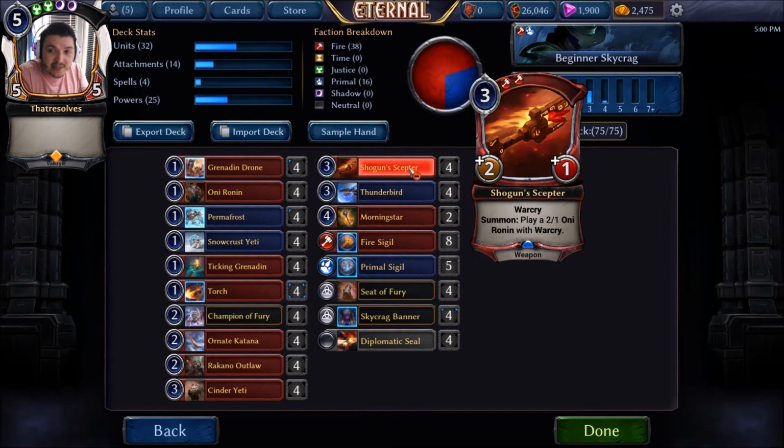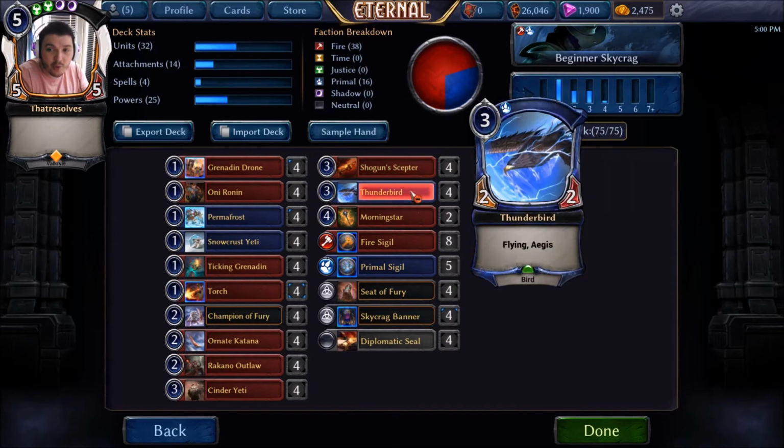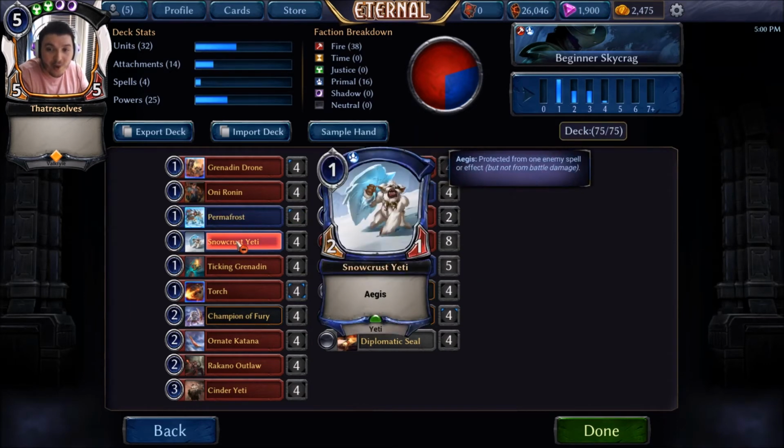The other rare selected is the Shogun Scepter, and this is sort of like a 2-for-1 against the opponent, as well as really being able to keep developing your board. Not only are you going tall by making one unit bigger, but you're going wide as well by generating another unit. The Shogun Scepter goes really well on Aegis units, so you can put it on the Thunderbird, and that's going to be a little bit more difficult for your opponent to deal with, and you can also curve it quite nicely after the Snowcrust Yeti. And then you've got a 4/2 Aegis unit, and if your opponent isn't in the business of blocking, or you're just able to keep removing with all the Permafrost and Torches, you're going to really be able to rack up those